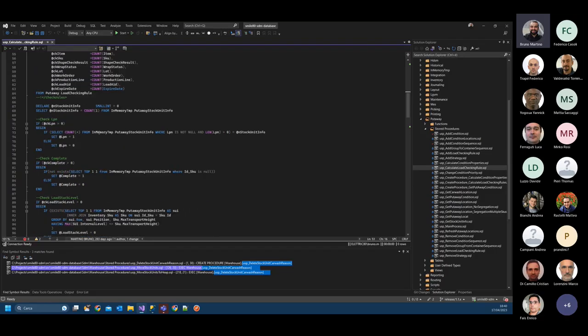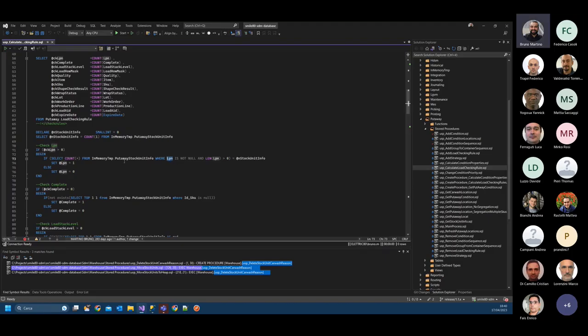Then we check in the Putaway stock unit info whether the LPN is evaluated. So if all the Putaway stock unit info has an LPN defined, and this LPN has a real value, and the count of these values is equal to the number of stock unit info to put away,